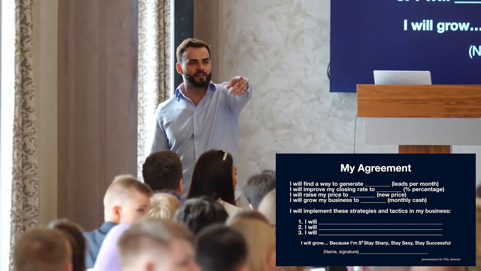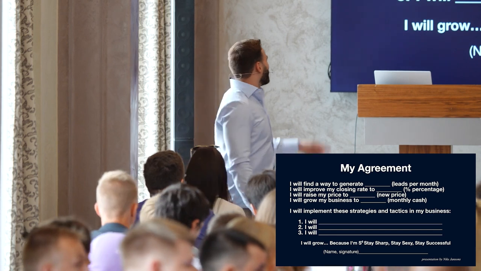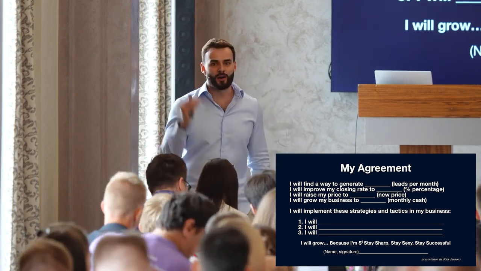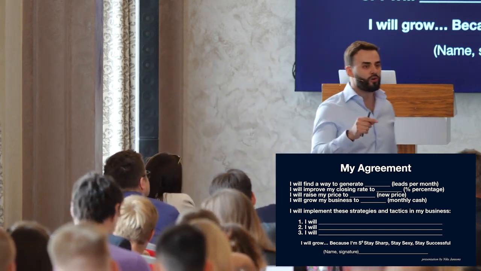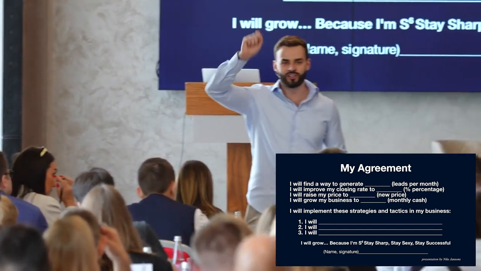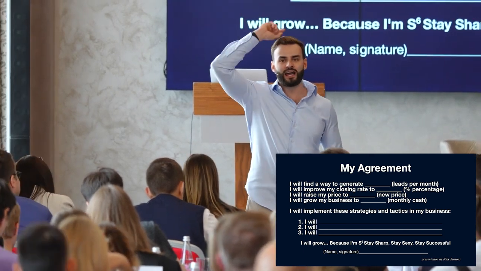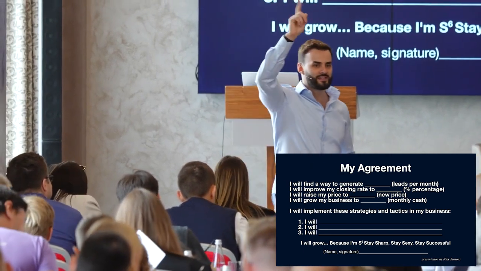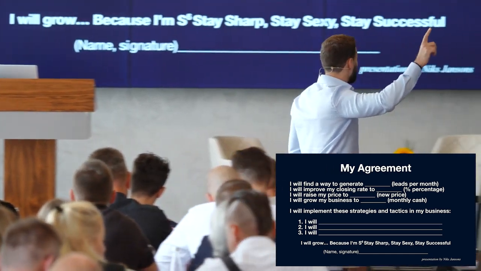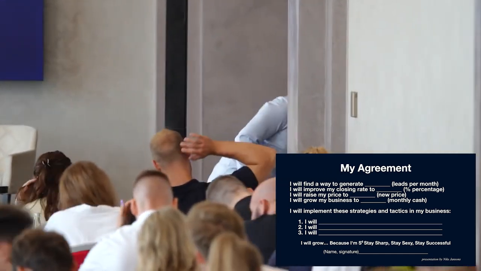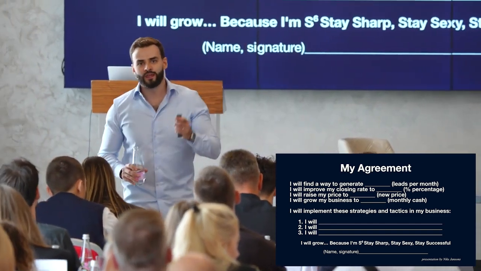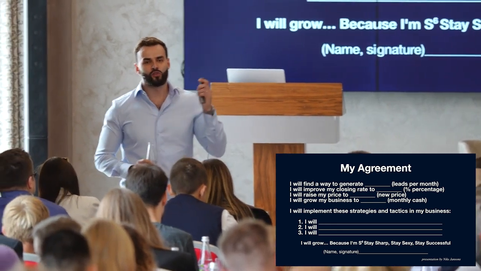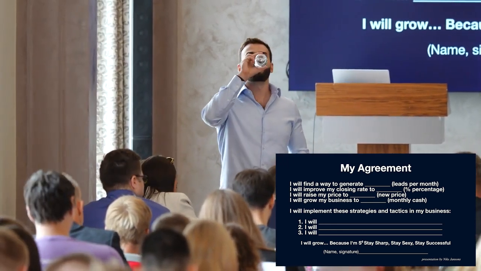Helvi, where the hell are you going? Write the number, brother. Okay, write the number of leads per month you're going to generate. Write it in. If you don't yet know or you don't have leads, write 100. If you have 0 leads, write 100. Next thing, write your closing rate. It is what? If you don't know, that's bad. You should know. If you don't yet calculate it, write at least 20%.